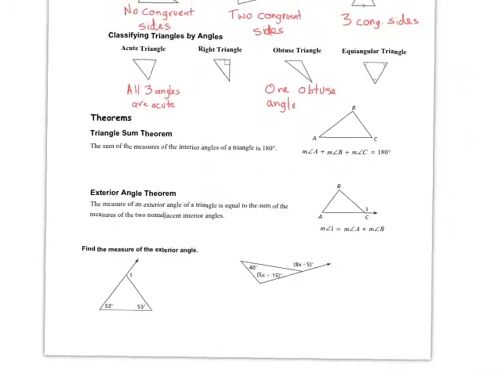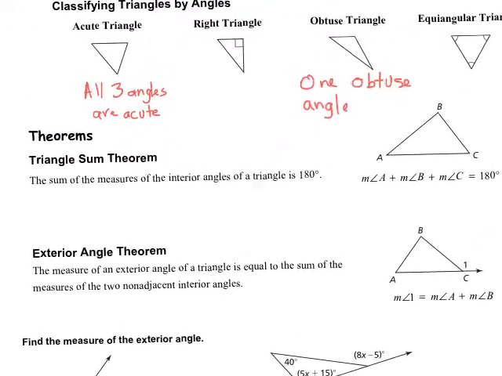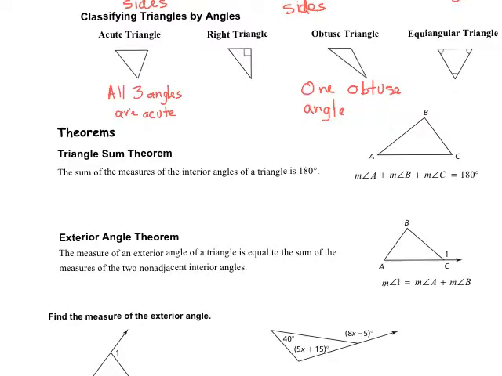Okay, two quick theorems to tie up all of our loose ends, and then we will be done with notes. I told you, easy, right? All right, so triangle sum theorem. You guys all know already. The three angles of a triangle have to add up to 180. Cool, we're done with that. That's the triangle sum theorem. The exterior angle theorem, okay, is